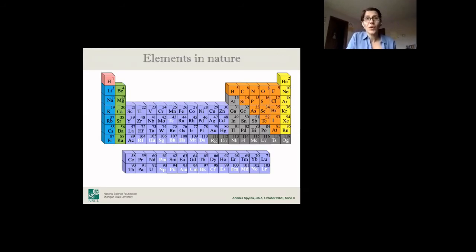So this makes the question of where do all these elements come from? This makes it completely personal. I have a look at my fingernails, and there's a lot of calcium in there, and I can start to think, where did every atom of calcium in my fingernails come from? And actually it could be that the calcium in one fingernail came from a different spot in the universe than the calcium in another fingernail.